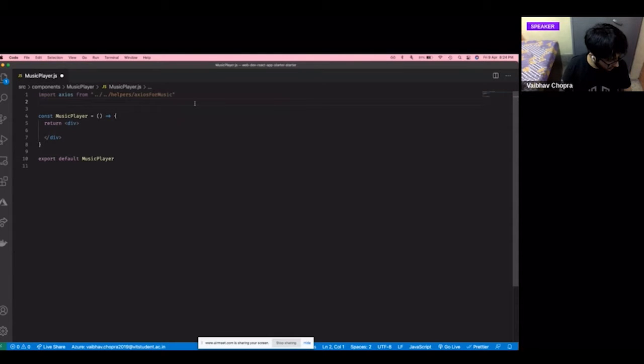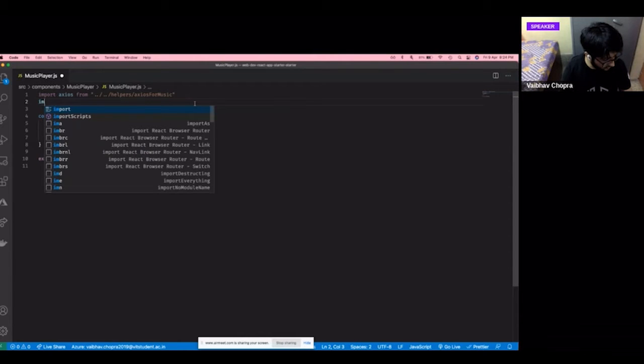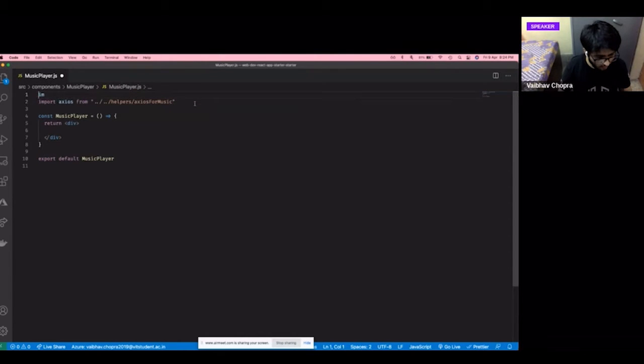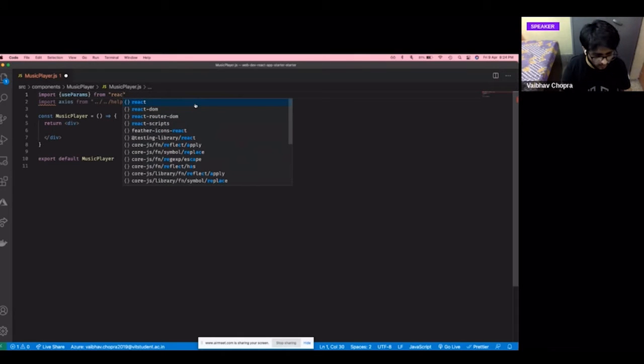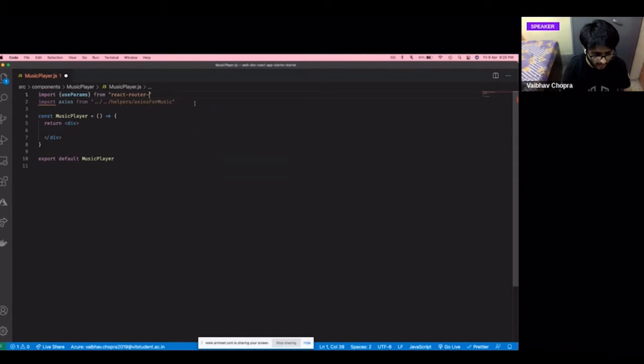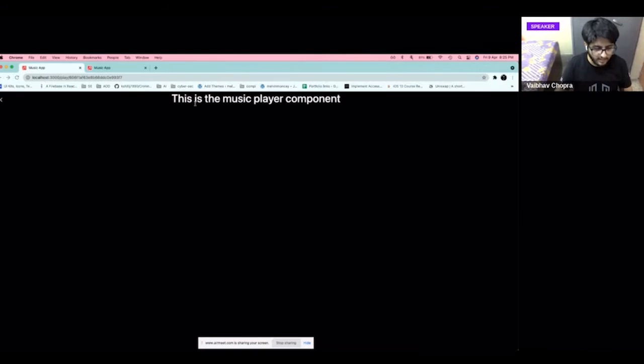The other part which we will be requiring, and will be very interesting to use, is useParams. I think this is another new hook that you are seeing right now. This is part of the React Router package, and using this you can go and extract this ID from the browser.